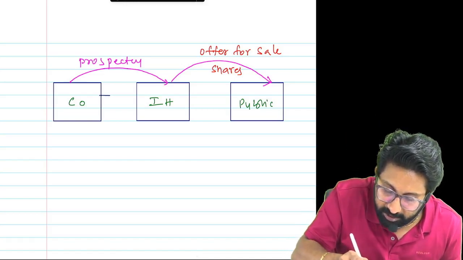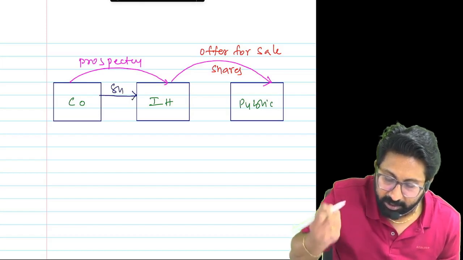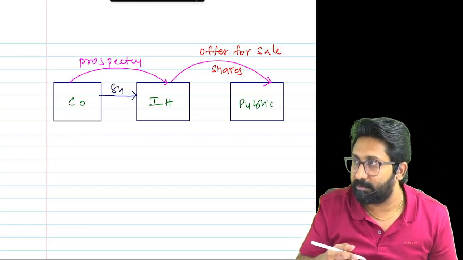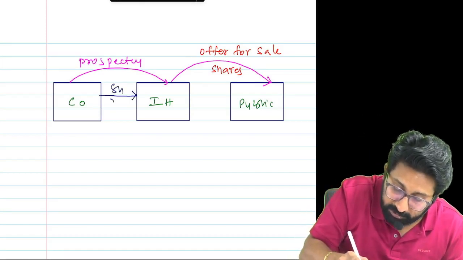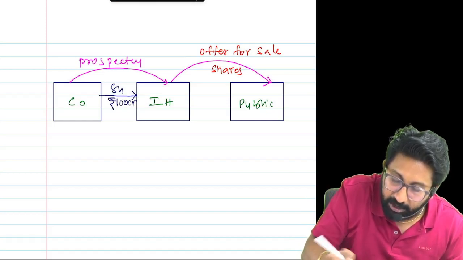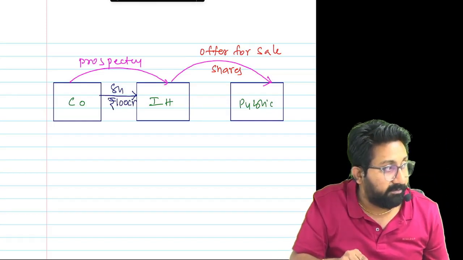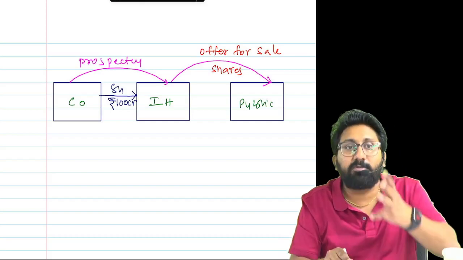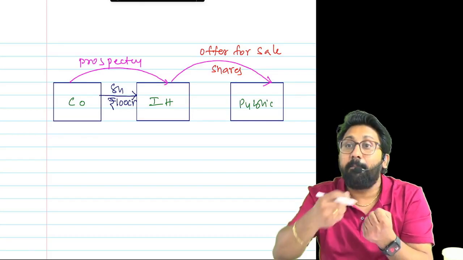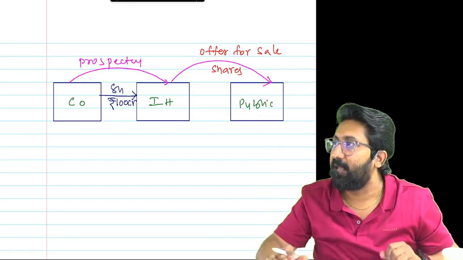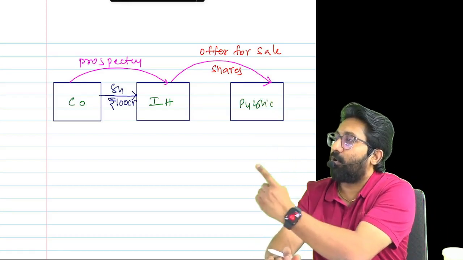The prospectus is issued, and the company will issue what? Shares to the issue house. Worth how many crores? 100 crores worth of shares. The company will give them to the issue house. The issue house, taking all those shares on hand, makes a public announcement saying that I have 100 crore worth of shares